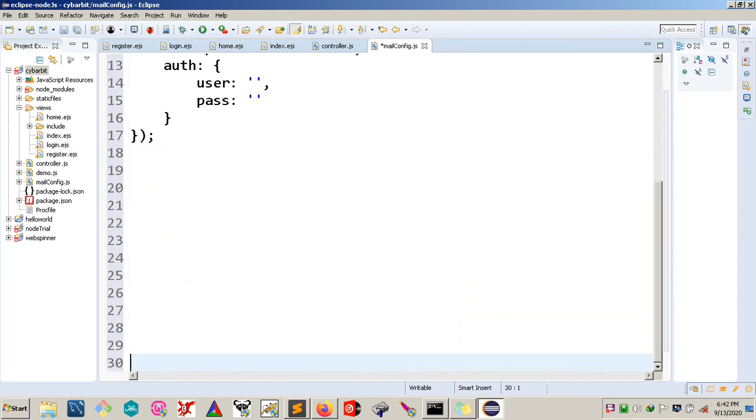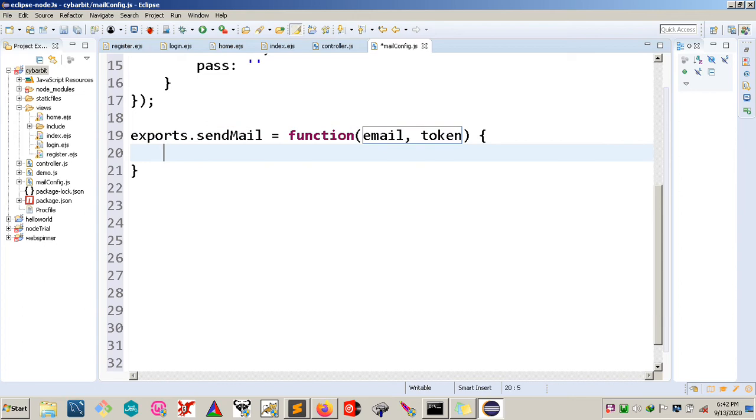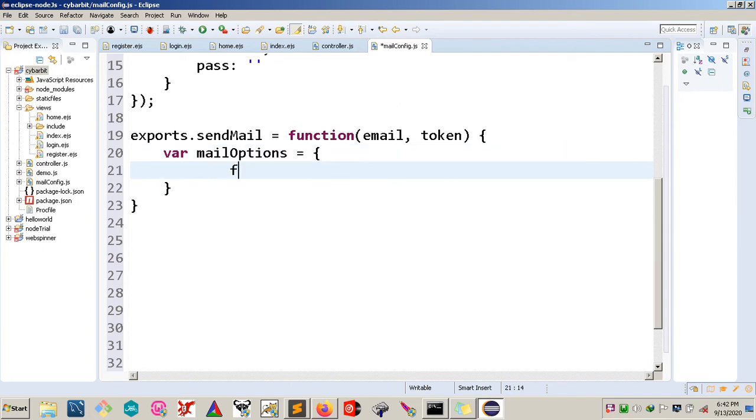Now the other thing that we need is I need to define a function here, which I will call sendMail, and I require an anonymous function which will accept email and token. And here I might go ahead and define a variable, call it mailOptions, and the first option will be from. So this is the email that is sending them. This is the user who is sending the email. So I might pass in a random name there, and the email will go here, say peter@gmail.com,